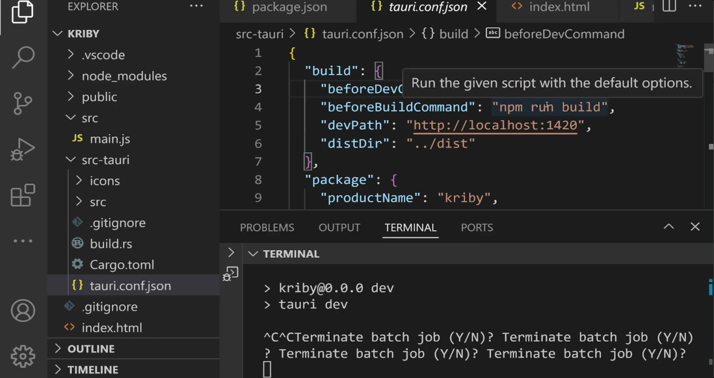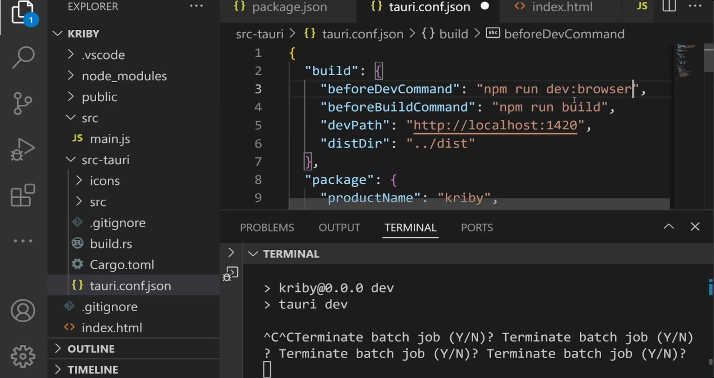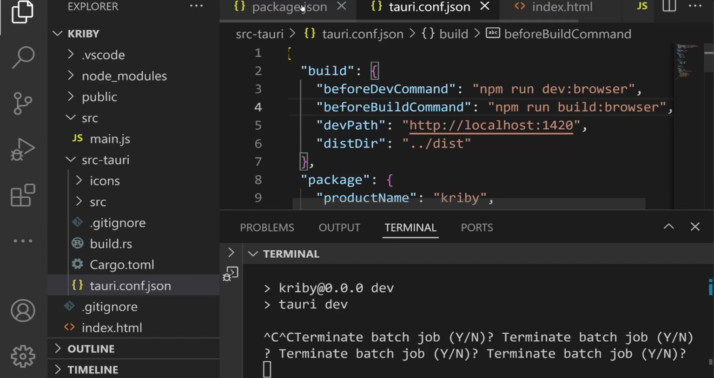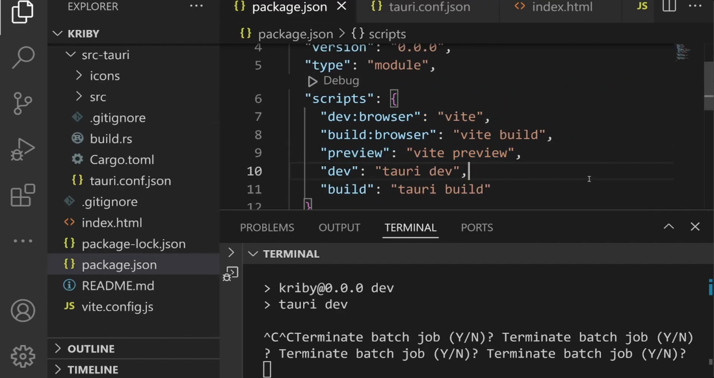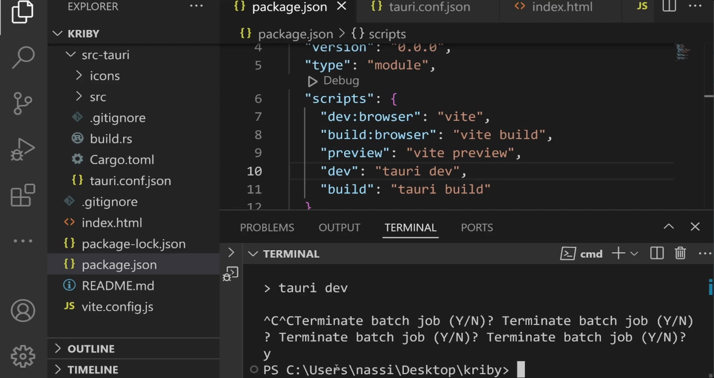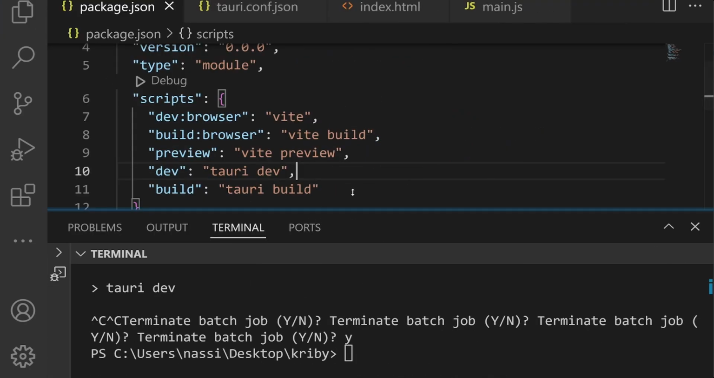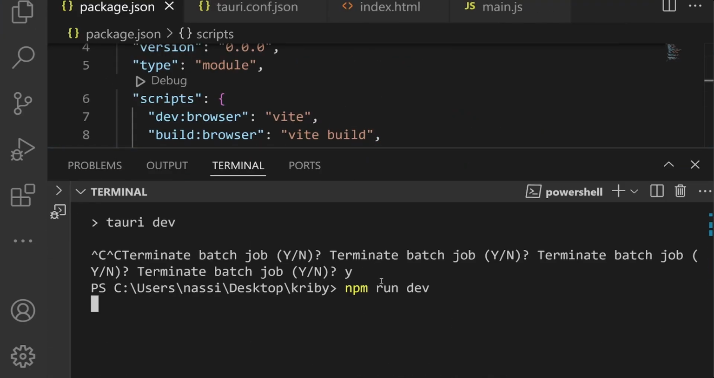Yep. Here you should run the dev browser and then build browser. And so really the preview command, it doesn't matter. So I'm just going to cancel this out and then everything should work. All right. So if I do this,